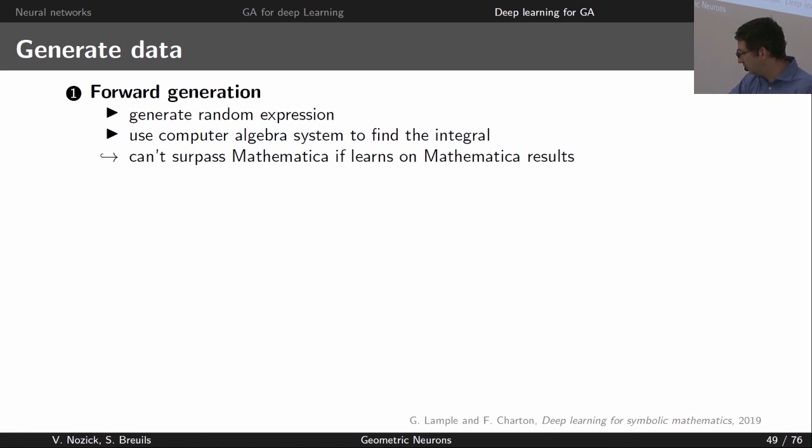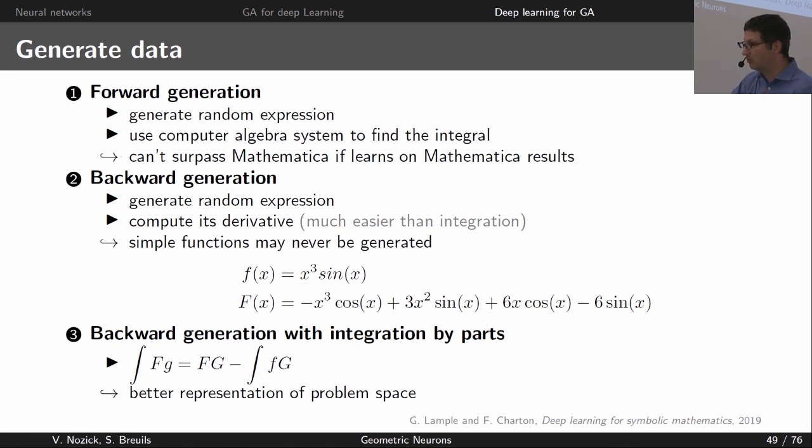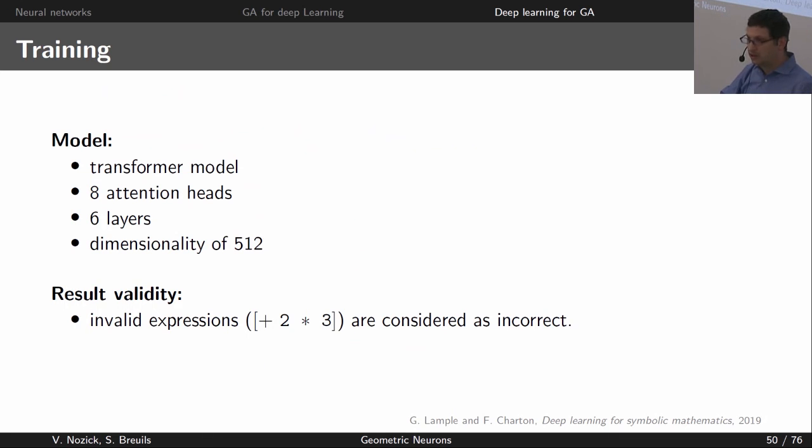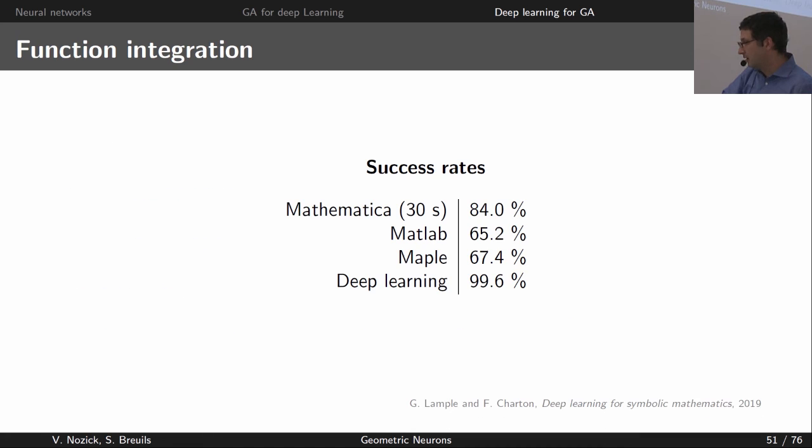So here I think I ran out of time to explain, but this is a very important point, how to generate data. In this paper they found a very interesting way to have some good data. Well, maybe just the number two: if you want to have a primitive, you may take one function, find the derivative, and then you have your couple. But there's a bias in this, so you had better use integration by parts, and this works well. So anyway, what you also have to do is find a nice model. This is what they did, with a really nice one, but not a big one, six layers. That's not a lot. And after the training, you get the results, and the results are interesting.